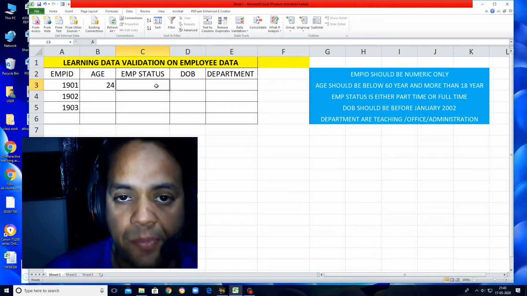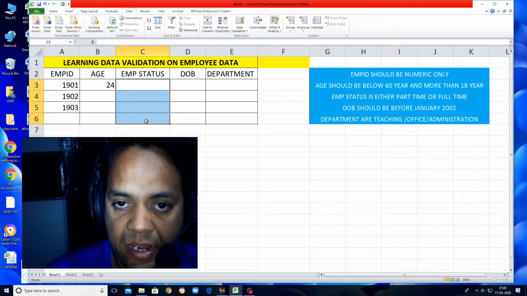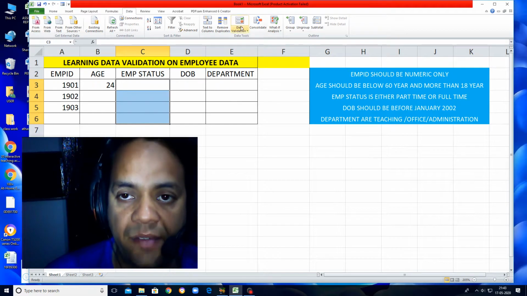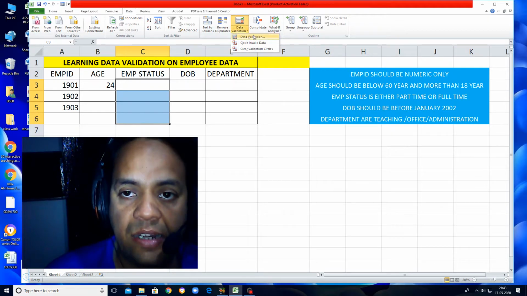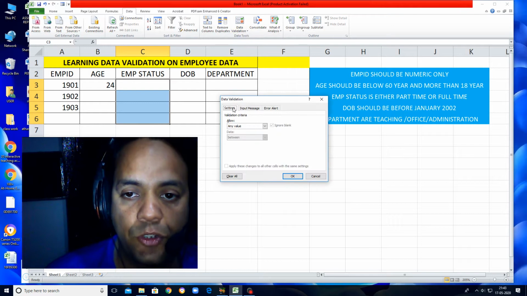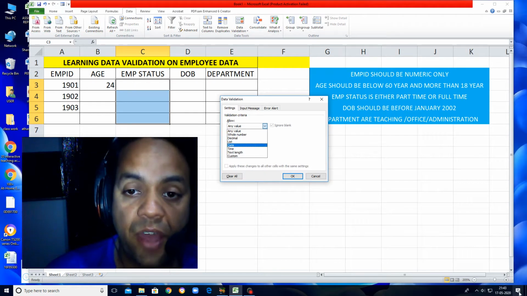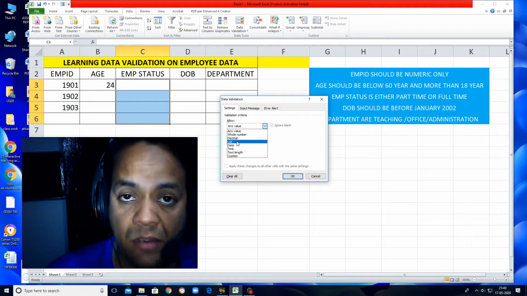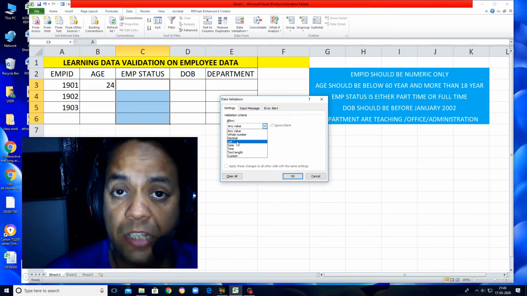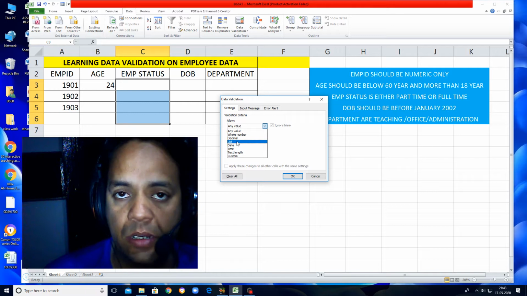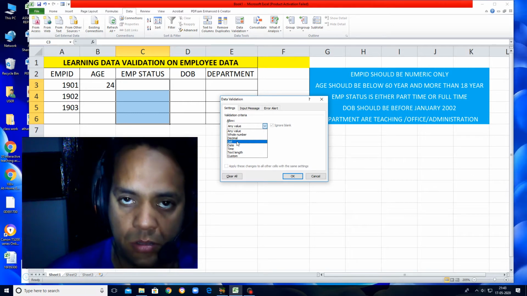So same step, select the employee status area. I repeat, select the employee status area, then go to data validation, and under data validation you have to choose list validation. When we use list validation, we use it when you have specified values to be chosen.